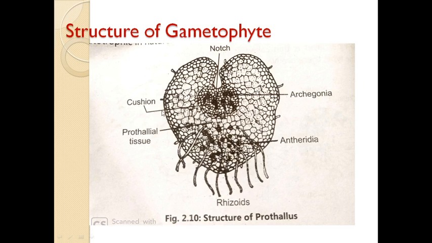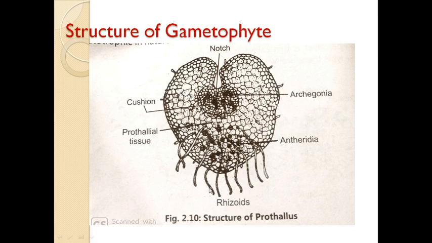See the structure of the gametophyte. Students, this gametophyte is dorsiventrally flattened and green in color. It is a delicate, heart-shaped structure measuring about 5 mm across at the broader end. It shows a notch. See, this is the notch. Ventrally, at the narrow posterior end, it produces unicellular hair-like structures. Those unicellular hair-like structures are nothing but rhizoids.